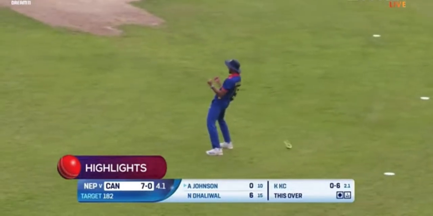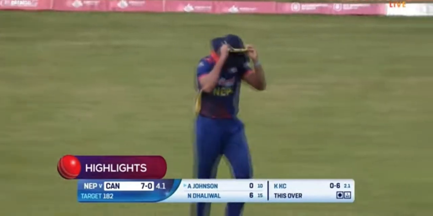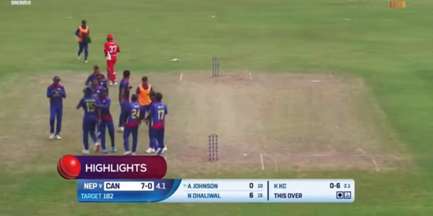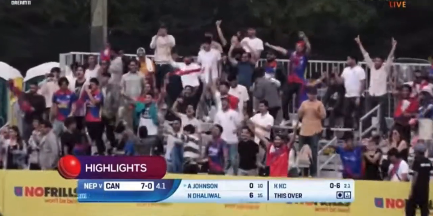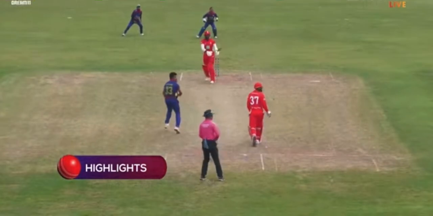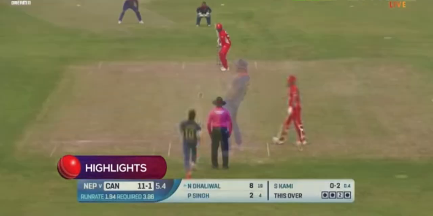Chipped in the air, and that's going to be number 1, right on cue. And Gulshan Jha is who takes an excellent catch. Tough at the top. And you just sensed it was coming, didn't you? Karen KC strikes, and they're dancing up in the bleachers. To give, and unfortunately it is his undoing. Chipped into the leg side, just going straight into the hands.